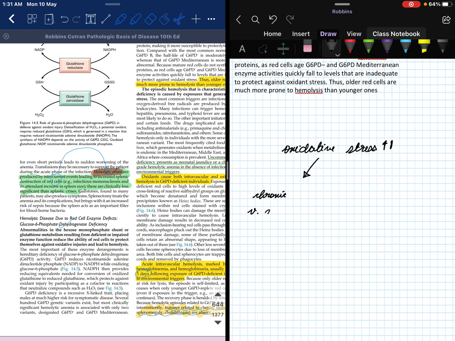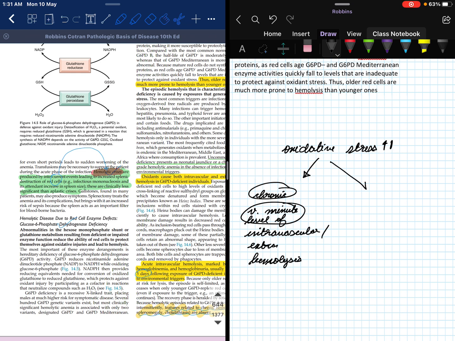Due to this oxidative stress, we can have a chronic, very minute level of intravascular or extravascular hemolysis. This is chronic but too minute to cause any symptoms or to be detected. But because the oxidative stress is increased, the other thing can be